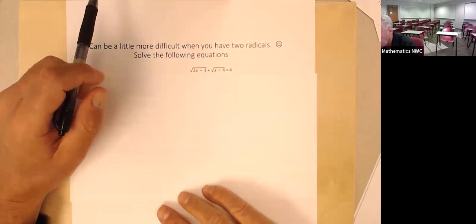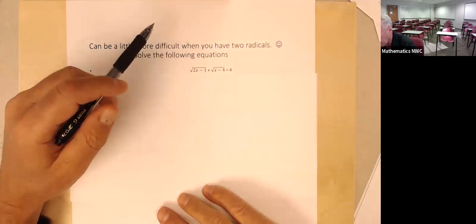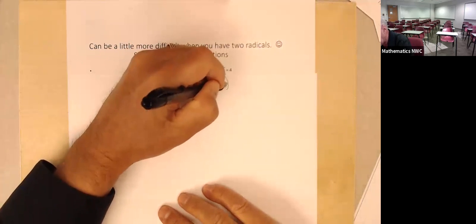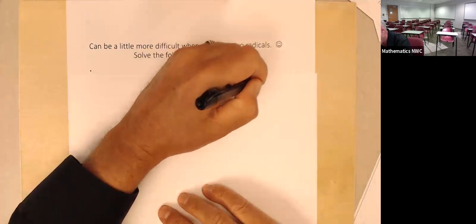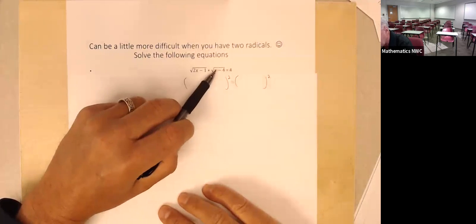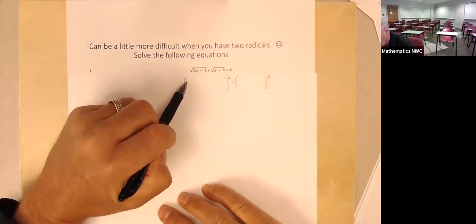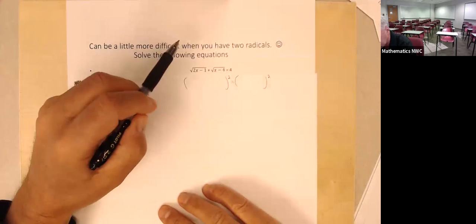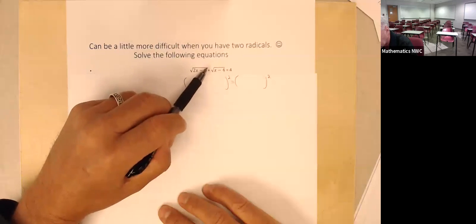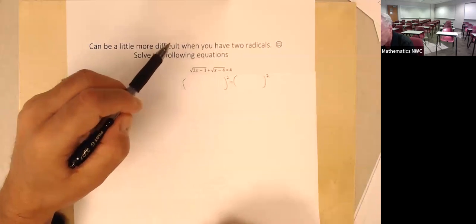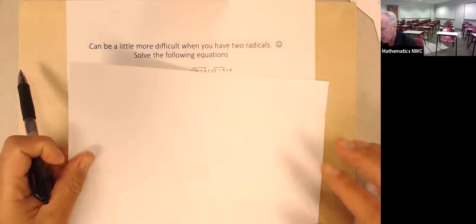It might be tempting to do something like this. This is a mistake. Because it's a sum or difference, that would mean I have to FOIL this out. That would get rid of the radical first and at the end, but I would get a middle radical that is ridiculously large because it would be the product of those. It would be a radical of a quadratic expression. So rather than doing that,